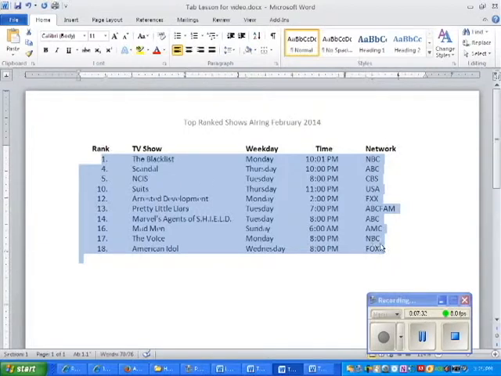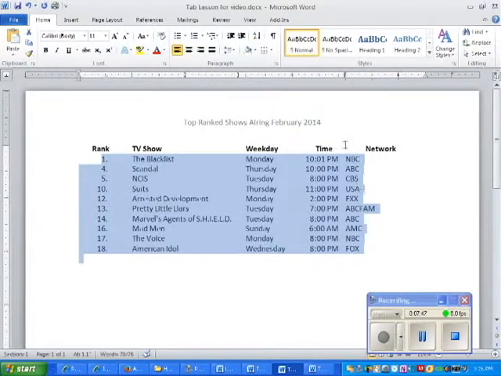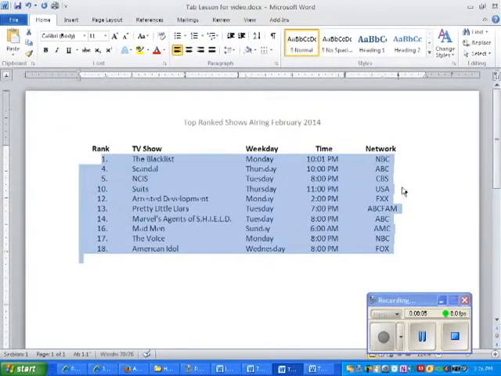I'm going to highlight all of my rows. And let me think. If I want to center the tab, I'm going to line it up so it's going to be right on the W in network. So first I'm going to eliminate the left tab that I don't want. And everything's messed up for a minute, no worries. I'm going to set my center tab, and again I can slide this around until I release my mouse button, so it looks like it's pretty much centered right in the middle of the word network. I'm going to release my left mouse button, and everything is centered right underneath that point, right under the W